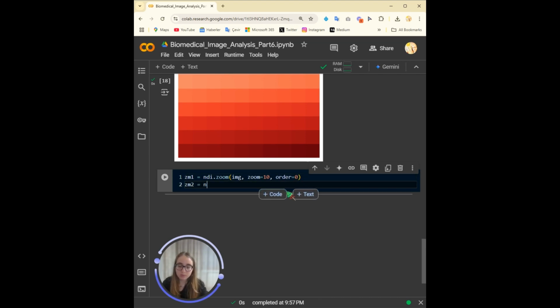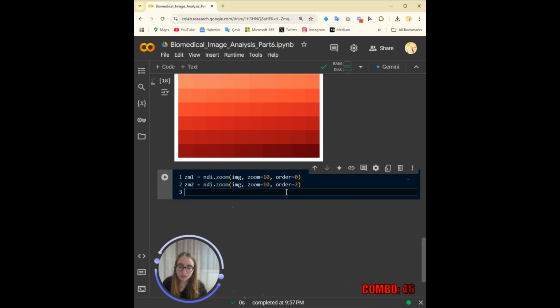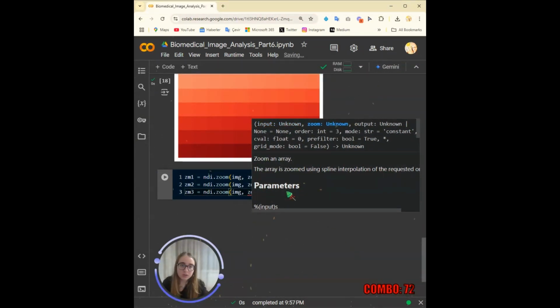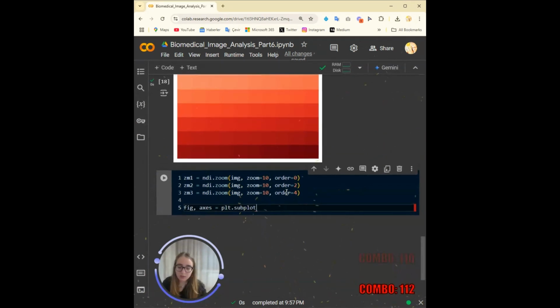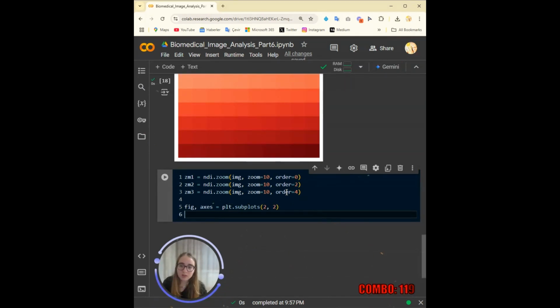Zoom 2, zoom image, zoom 10, order 2, zoom 3, zoom image, zoom 10, order 4, and then big axis.